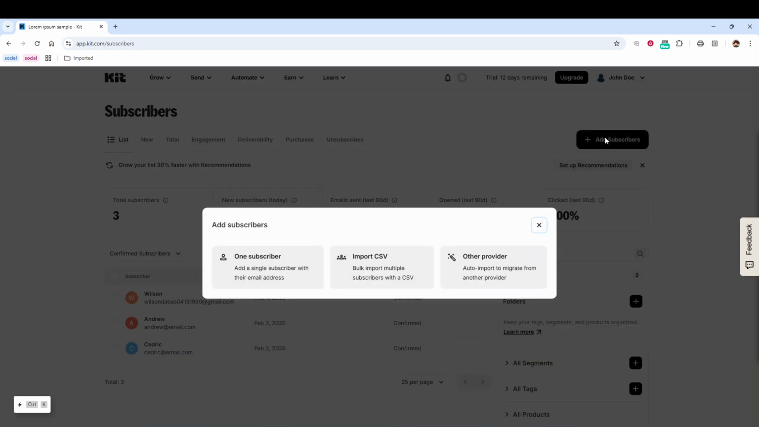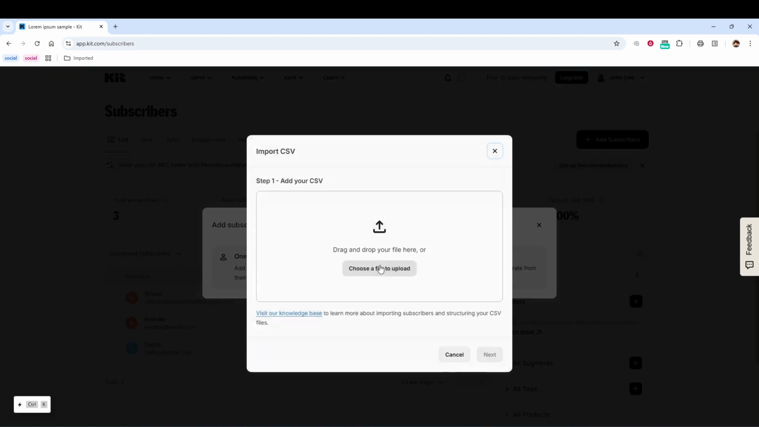When you click Import, Kit will give you a few options for how you want to bring in your data. For most people, especially if you're bringing contacts from another platform or a spreadsheet, you'll want to select CSV. A CSV file is just a simple spreadsheet format that Kit can read. Make sure you've already prepared this file with your subscriber information, like email addresses, first names, and any other details